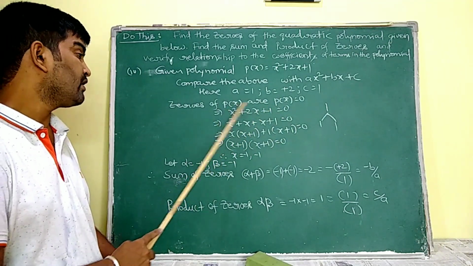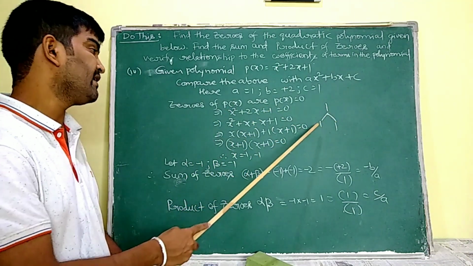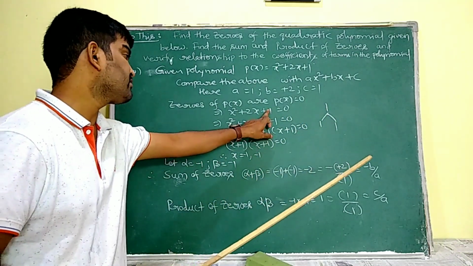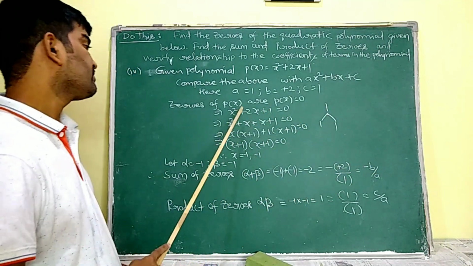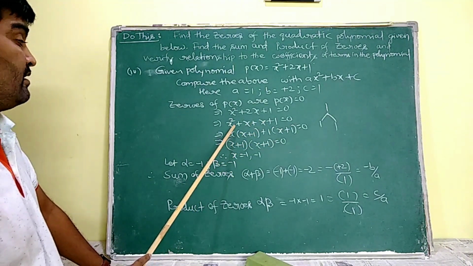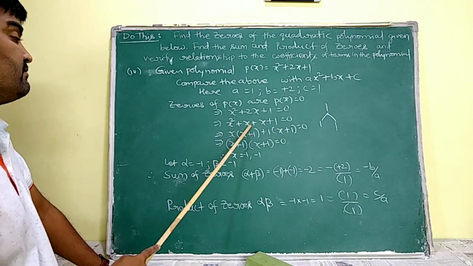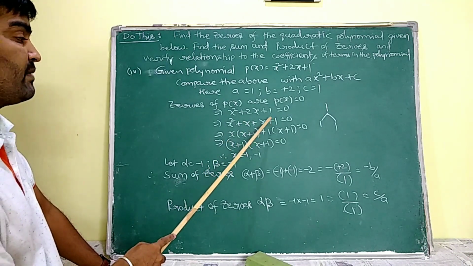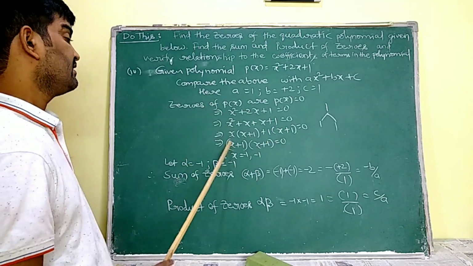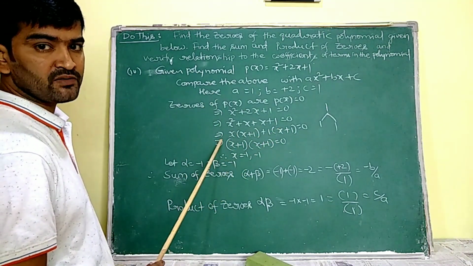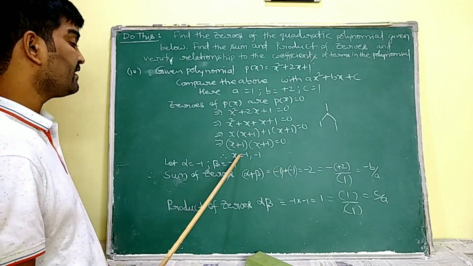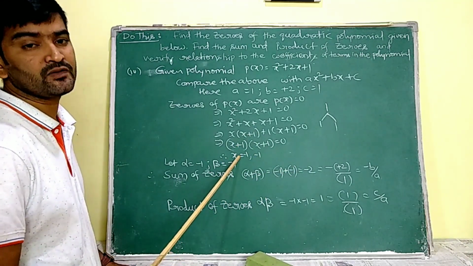Okay, here 1 into 1, 1. 1 can be split into 2 terms, that is 1 into 1. Its product is 1 and its sum gives us 2. Now, x square plus x plus x plus 1 is equal to 0. By taking x common in these two terms, x into x plus 1. By taking 1 common in the rest of the two terms, x plus 1 is left. So in these two terms now I am having x plus 1 as common. Now x plus 1 into x plus 1 is my result. By that x is equal to minus 1 comma minus 1.